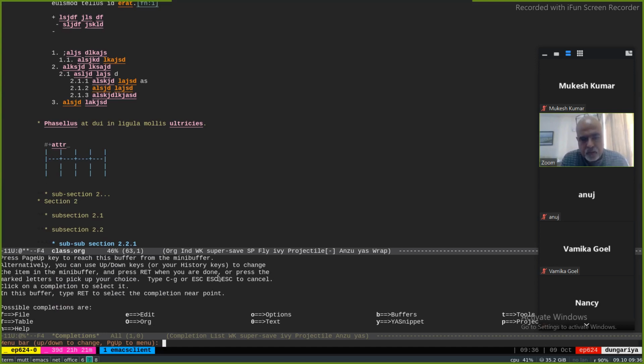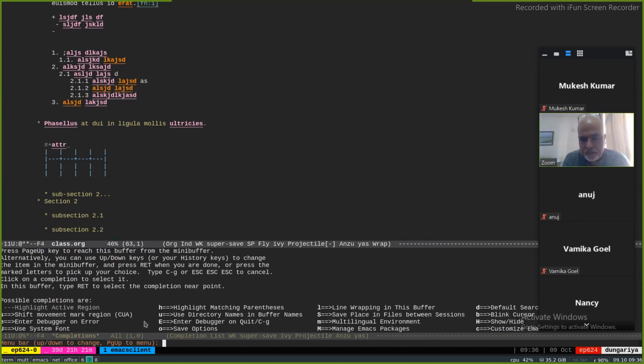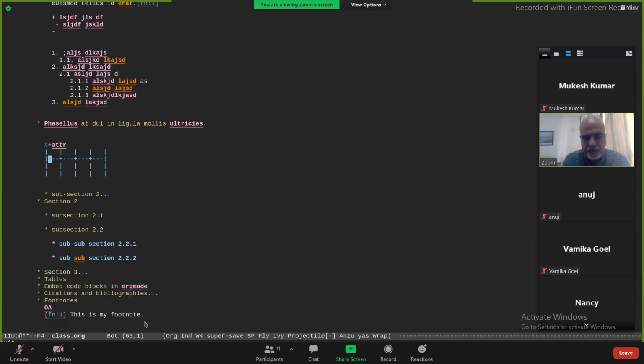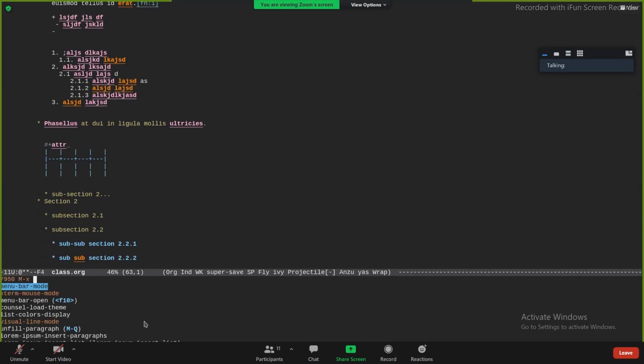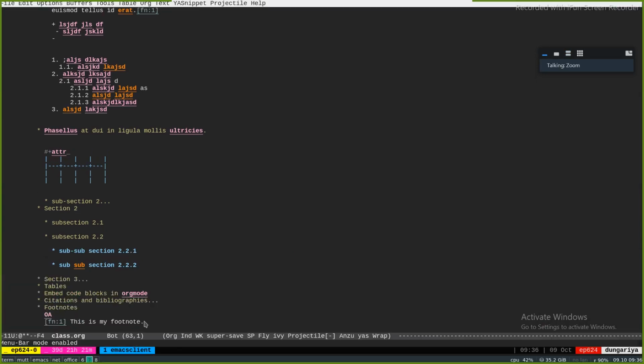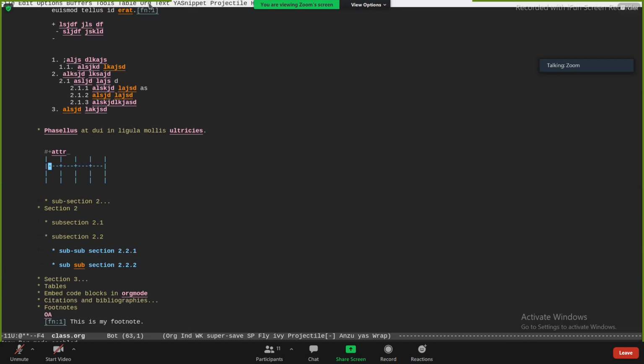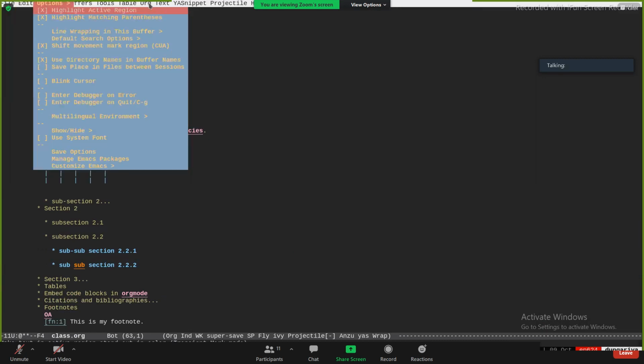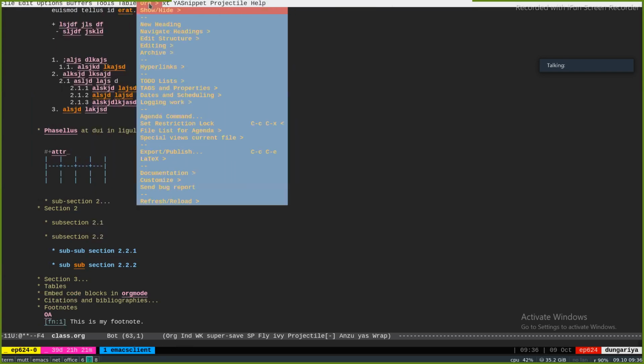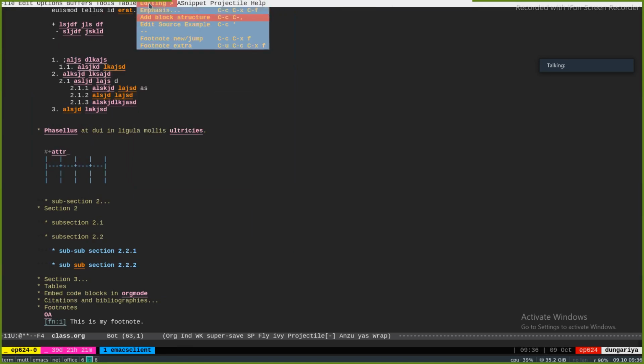It's showing me O for Org. So I go to O, and then it shows me various options under O and so on. So this is one way of using it. The other way is to turn the menu bar mode on, and then you have a top menu like you would have in any other application. And then F10 opens something more graphic. You can go like this, press enter, go like this, press enter. And it's also showing you the command that is used.